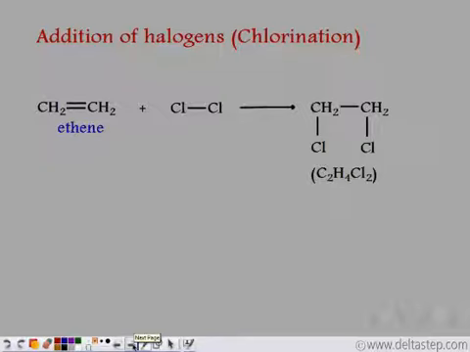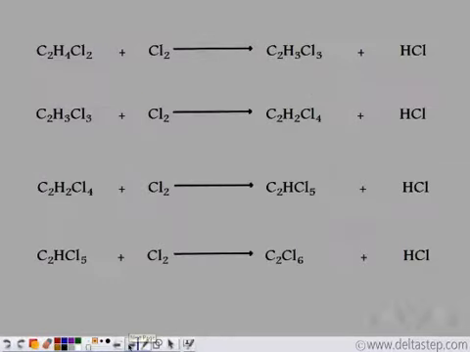Like in alkanes, we know the saturated product gives the substitution reactions. So from this step onwards, we get the substitution reactions. Once the unsaturated hydrocarbon is converted into a saturated product, from this stage onwards, we get the substitution reactions. So when we have C2H4Cl2, this reacts with chlorine. It forms C2H3Cl3. One chlorine atom replaces one hydrogen atom, and so on. It goes on till there is no more hydrogen atom to be replaced. So the final product still remains C2Cl6.